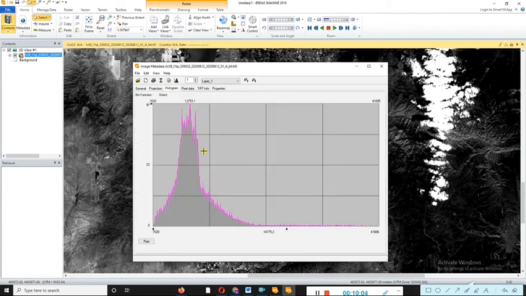The third option is histogram. This image histogram is a basic initial stage of information about that raster data. On the x and y position, the histograms are displayed.